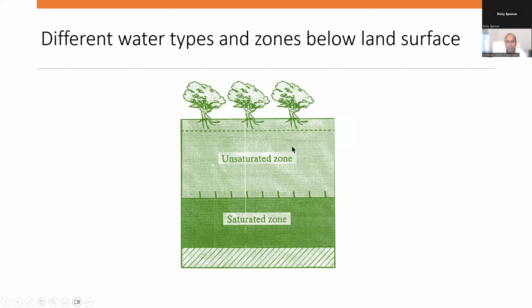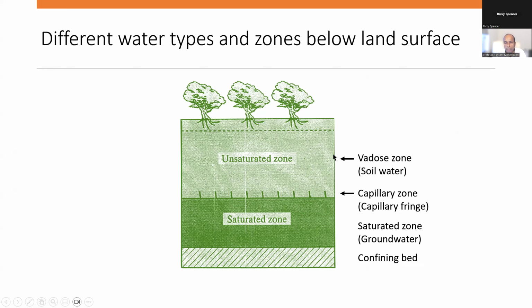Often this layer of the soil profile is not fully saturated. It means there is air and there is water. Then as we go deeper, depending upon the geology of the area, the landscape, and so on, there is an area in the soil profile which is fully saturated, meaning there is no air left. All the pore spaces are filled with water, and that's called the saturated zone. The unsaturated zone has a special term called vadose zone or soil water zone. There is some water, some air,